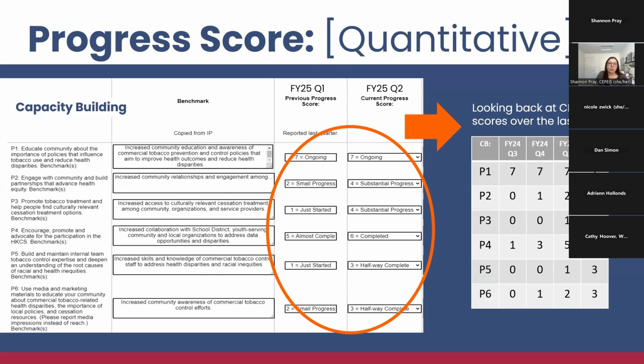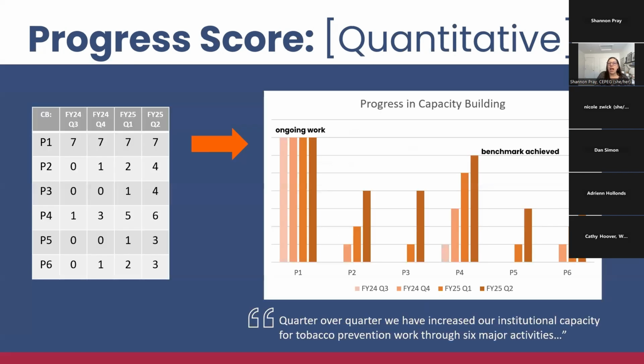So in this case, this was this past quarter, looking at FY25 Q1 and Q2, but we reported capacity building for the same benchmarks last year, starting in Q3. So we're actually going to take the data from FY24 Q3 and Q4 plus FY25 Q1 and Q2 and combine all this data to look at how we're doing, what's going on. So what I did here is really just put them into a little table, and ta-da, Excel can make you a fancy little